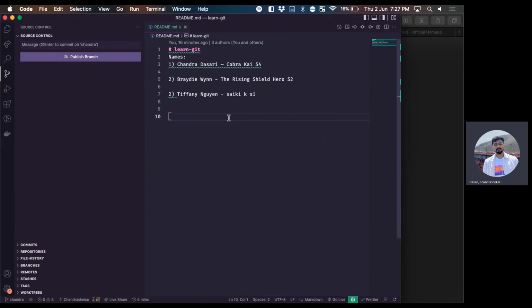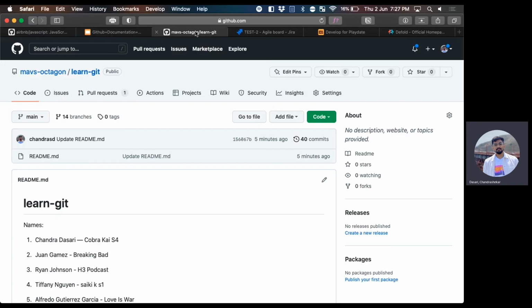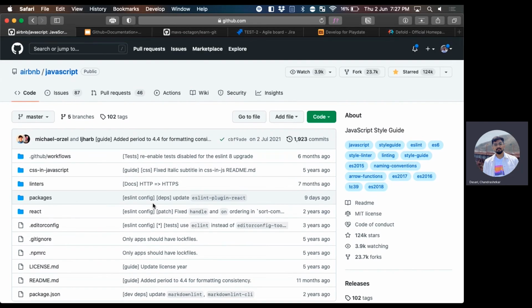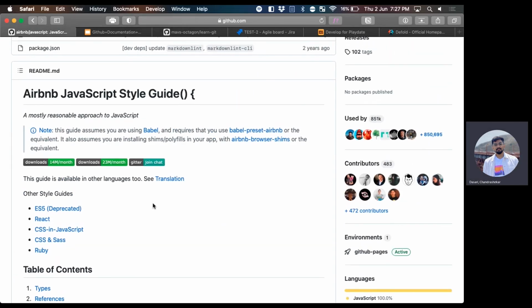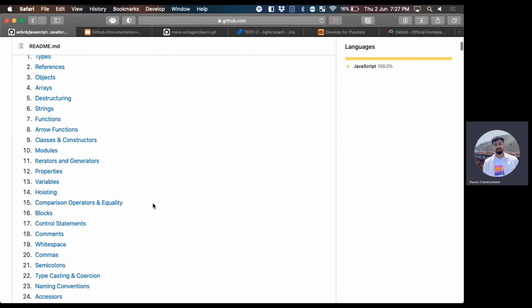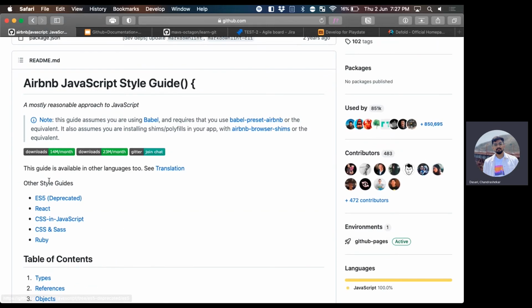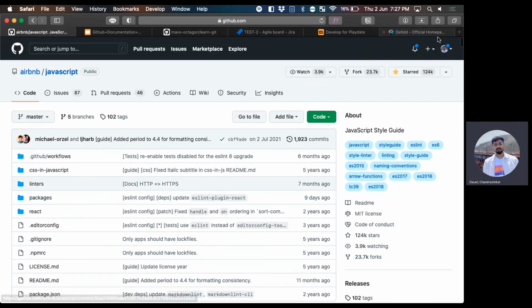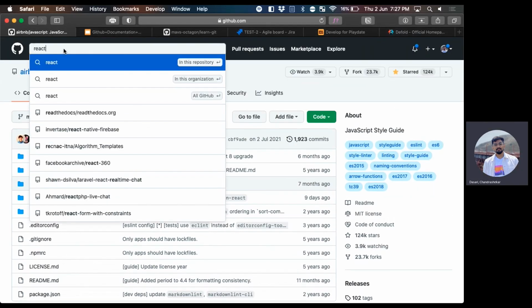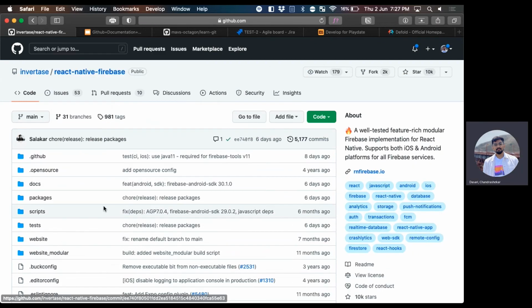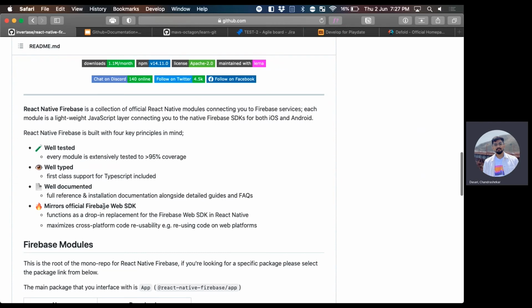So let me just pull up a famous repository. Like here, this is a famous repository. It's by Airbnb. It's their JavaScript style guide. Well, this one isn't exactly like software, so they don't have that. They just have documentation to show how their content is structured. So yeah, wait, this is not a good example. Let me... this should be good. Yeah. Okay, this is good.